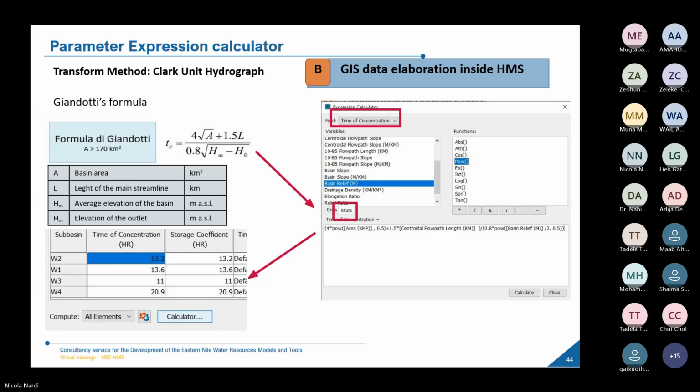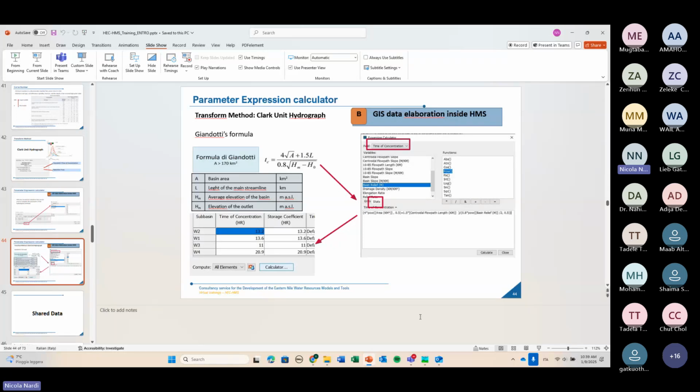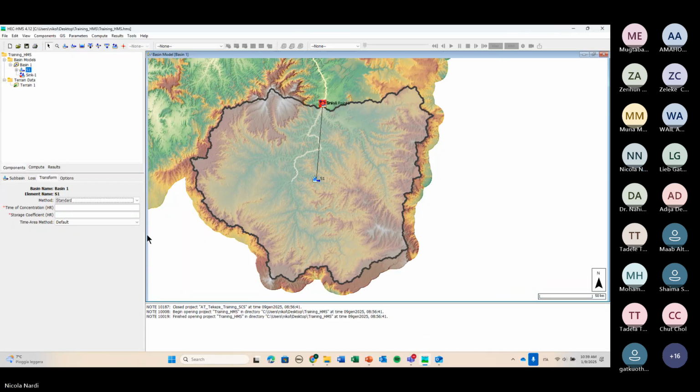Now, a brief history of HMS: this calculator has been added in, I think, 2021, 2022. So it's something that is pretty new, but it's exactly what we need right now. So how does the calculator work? If we go back in HMS,